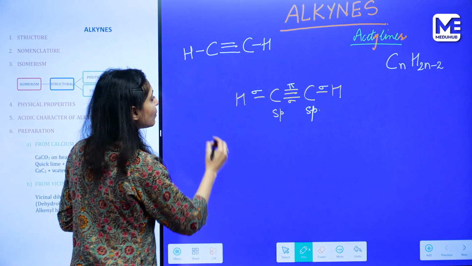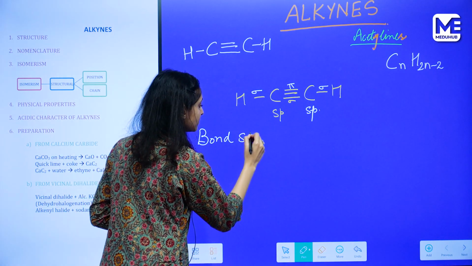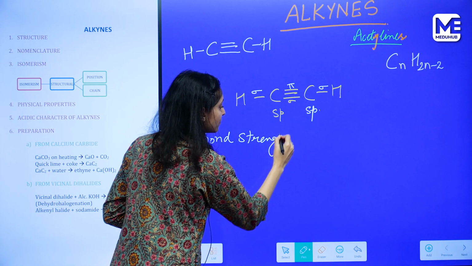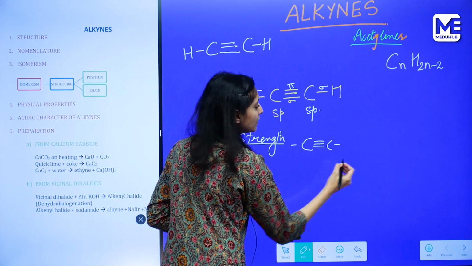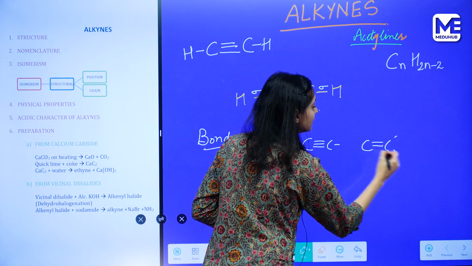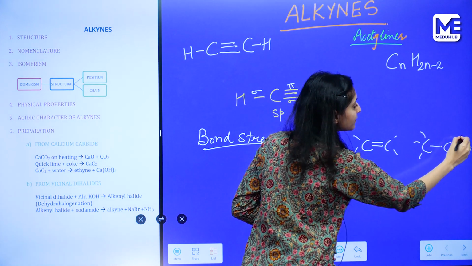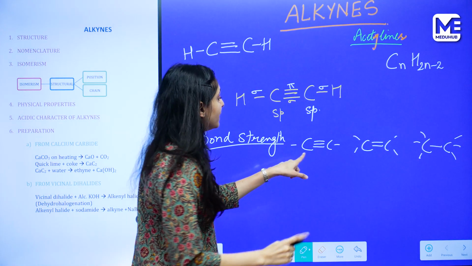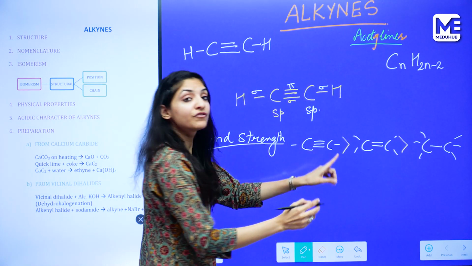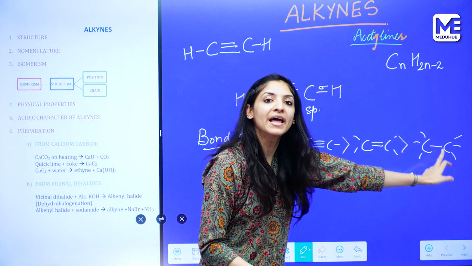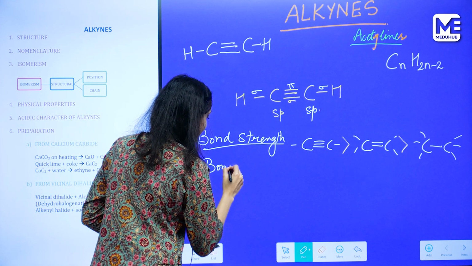So because of this, what do you see? If we talk about the bond strength, if we have a triply bonded carbon, a doubly bonded carbon, and a carbon which is singly bonded with another carbon, the bond strength would be maximum here, and it will reduce as you move on from alkynes to alkenes to alkanes. And if we talk about the bond length,